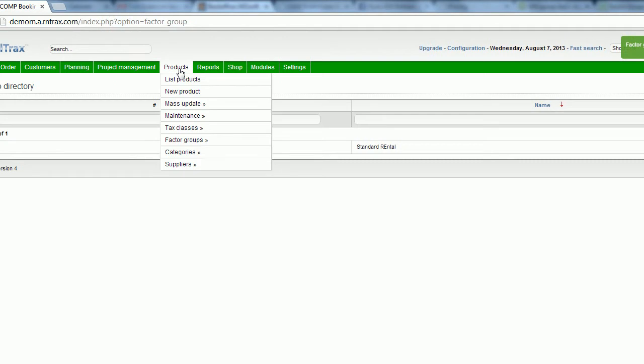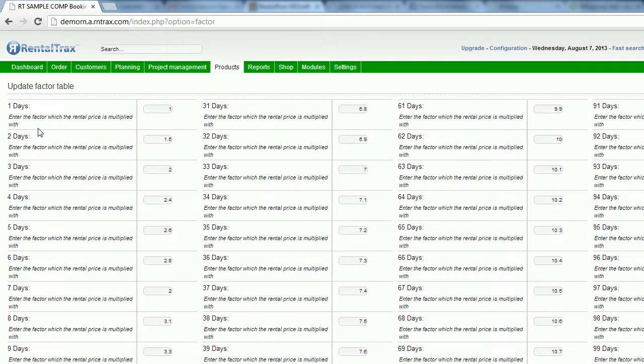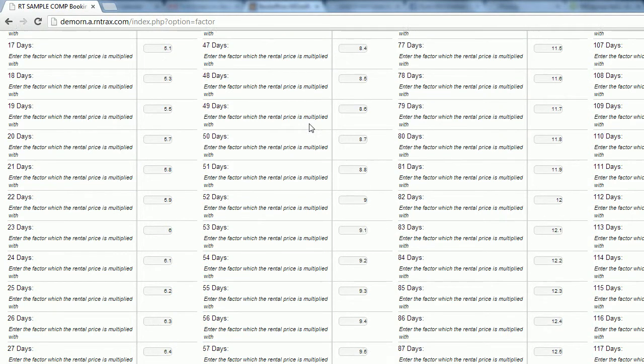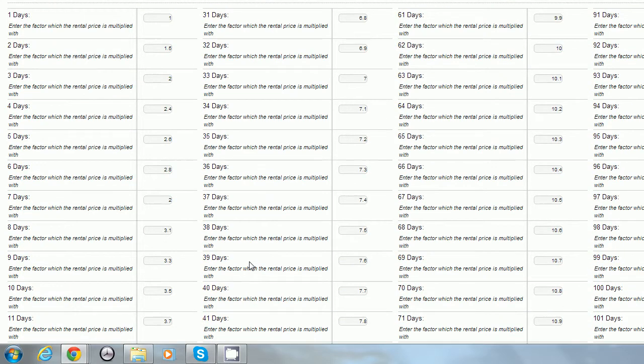If you'd like to set up your factor master, which is kind of the master home for your factor groups, which is what's going to multiply every single one of them and be kind of your core for your factor group, you can come into here and this is going to set the basis. So if I come into here and change all of these numbers, say my 30-day factor down at the bottom, if I want to set that to be at 25, then I can save that, and that will mean that